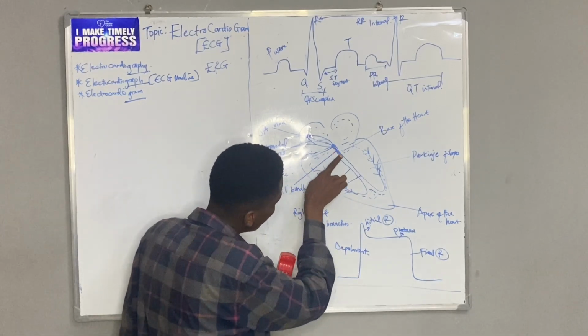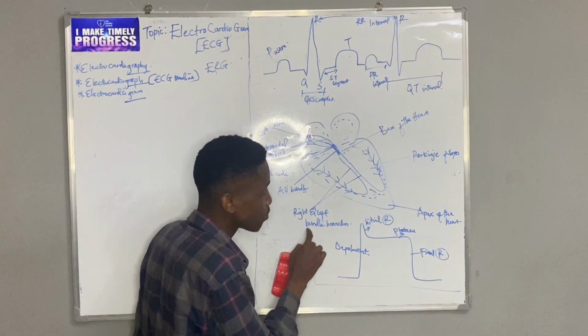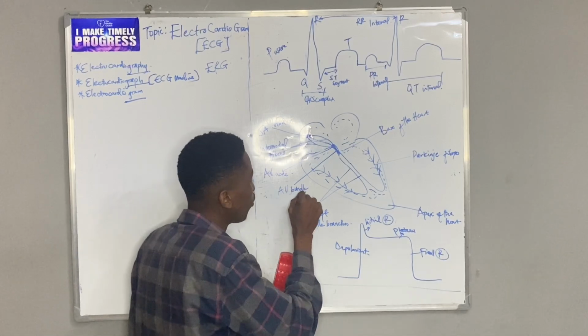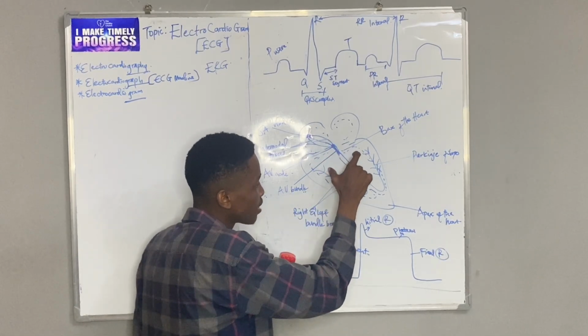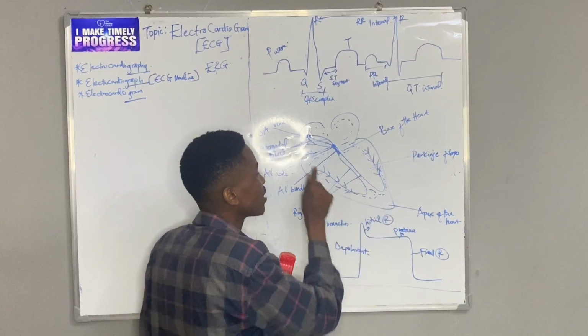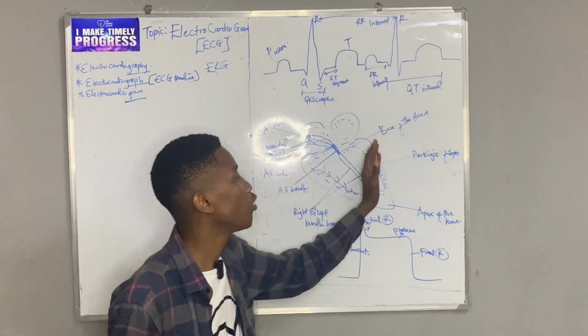And instead of being one bundle, it divides into two. So we say right bundle branch, left bundle branch. But please, this is called the AV bundle or bundle of His. You divide into right and left bundle branches. They get to the apex of the heart and arise again as Purkinje fibers to supply the musculature of the